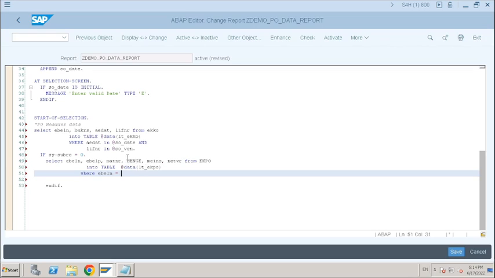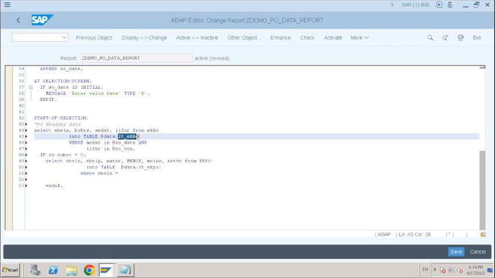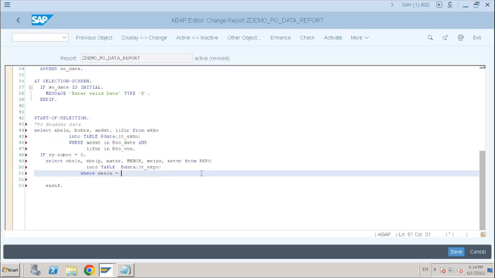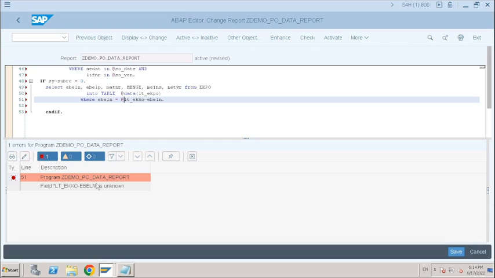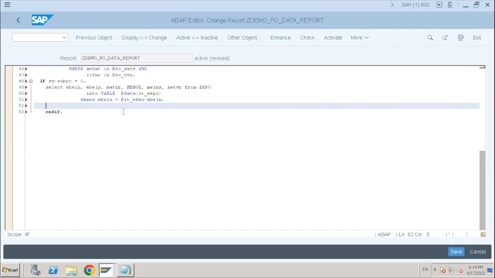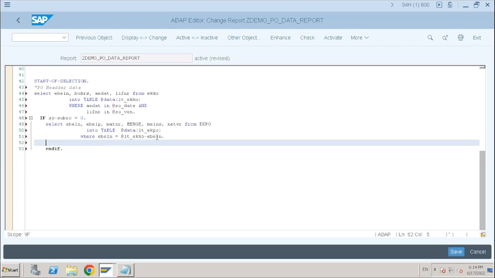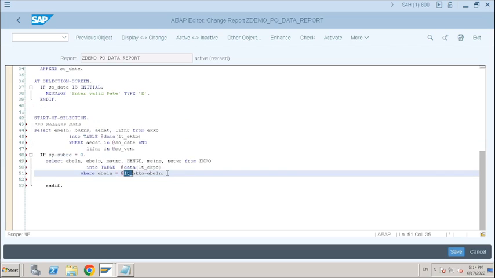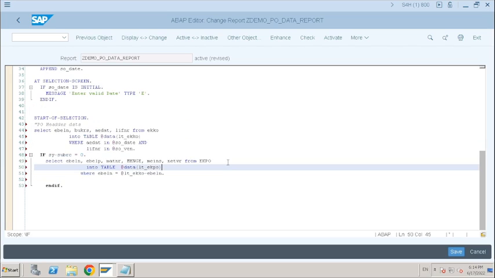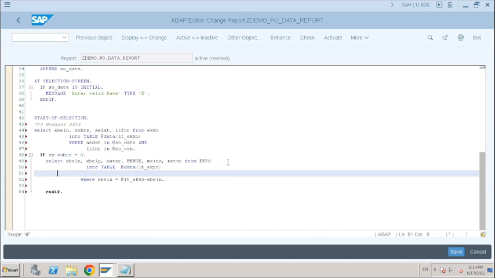LT underscore EKKO hyphen EBELN, like this. Check the syntax. LT underscore EKKO is unknown. It is not able to identify this here. You cannot provide internal table inputs like this. You have to use a special statement,